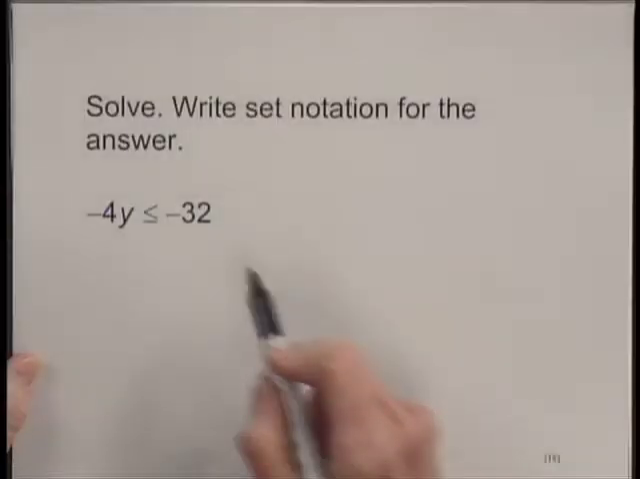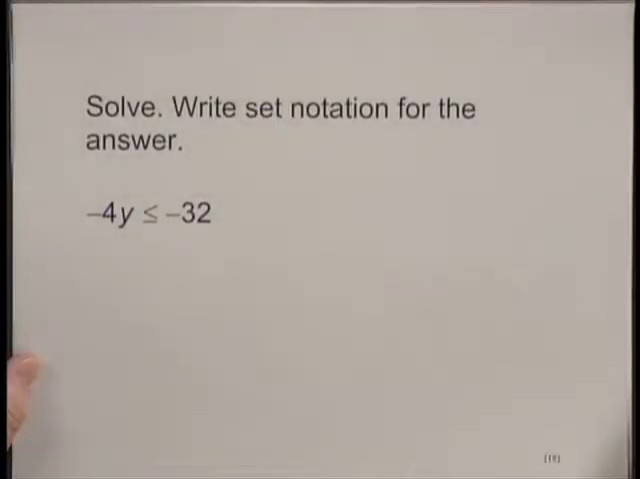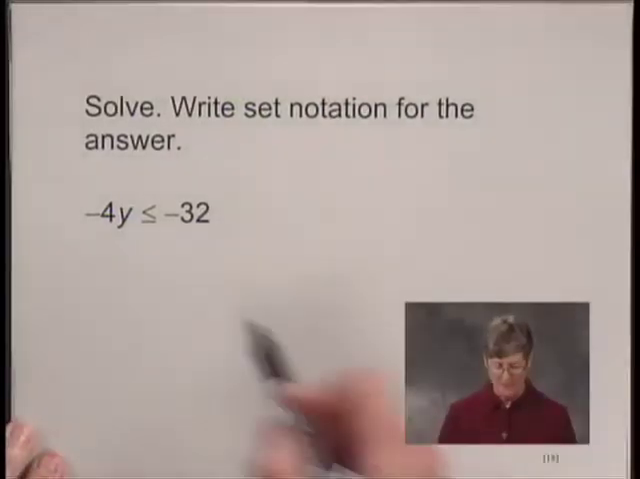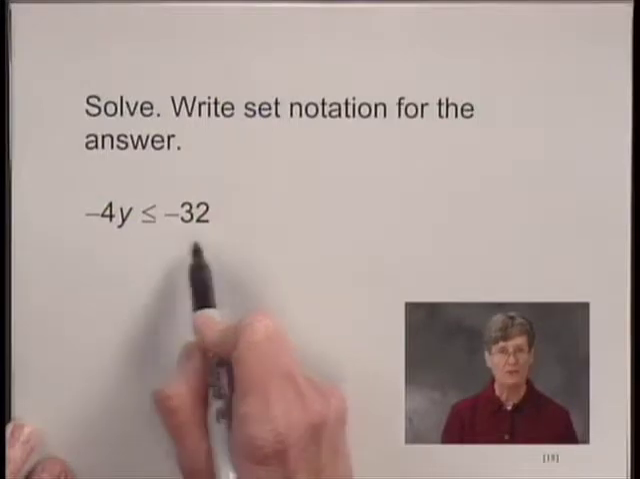We'll solve an inequality and we'll write set notation for the answer. The inequality that we're solving is negative 4 times y is less than or equal to negative 32. Now to get y alone on the left-hand side of the inequality, I can divide both sides of the inequality